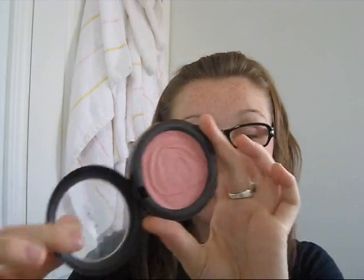It almost reminds me, just by looking at the color, of Well Dressed Blush, which is my favorite MAC blush by far. But this just has no pigmentation. You need to rub it super hard. Yeah, it looks like it has pigmentation now because my finger was crazy rubbing on it. But if you're using a brush, this does not really show up. You guys know I love MAC as much as the next person, but definitely this is another thing I kind